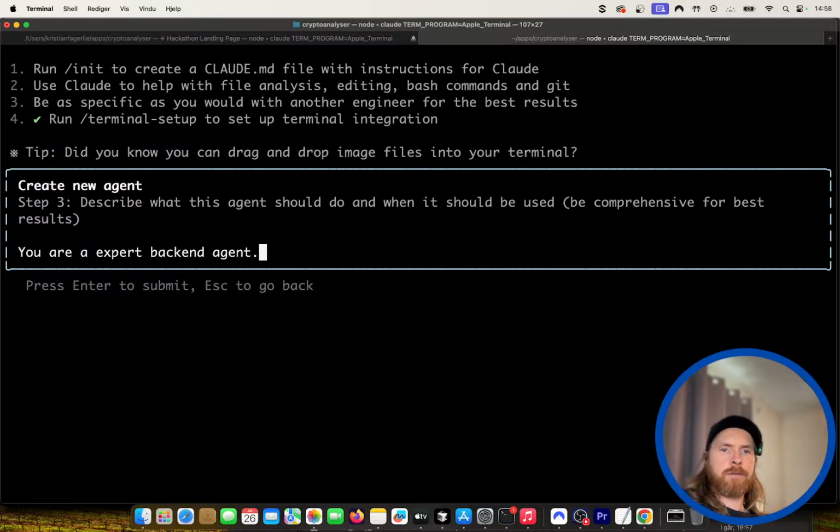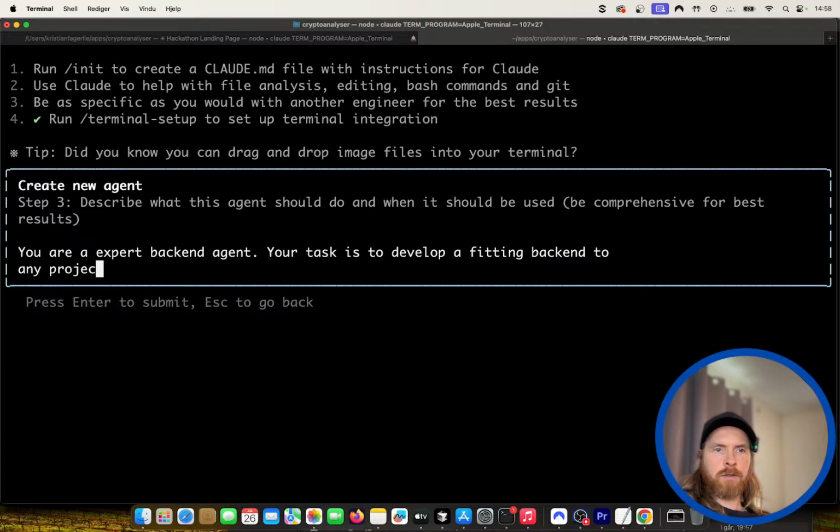Your task is to develop a fitting backend to any project.